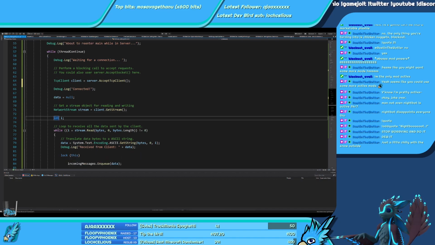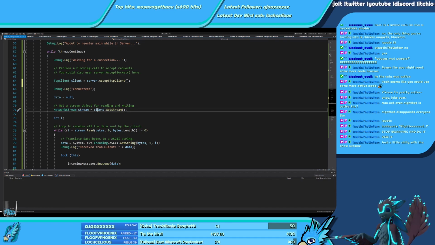So from there, we enter a while loop, for which before we create a network stream variable, where you get the stream of the client, because in the... ow, I hit my knee. Because what I'm guessing here is that in networking, when I was on my previous game dev job, I saw a bit of network code, and I kind of understood how the general principle works. So what you have to do when it comes to networking code, because this is pretty much networking code, you have to send packets.